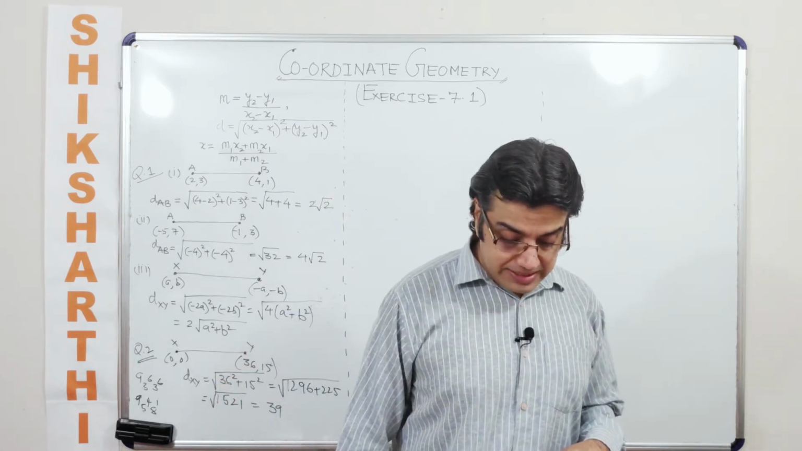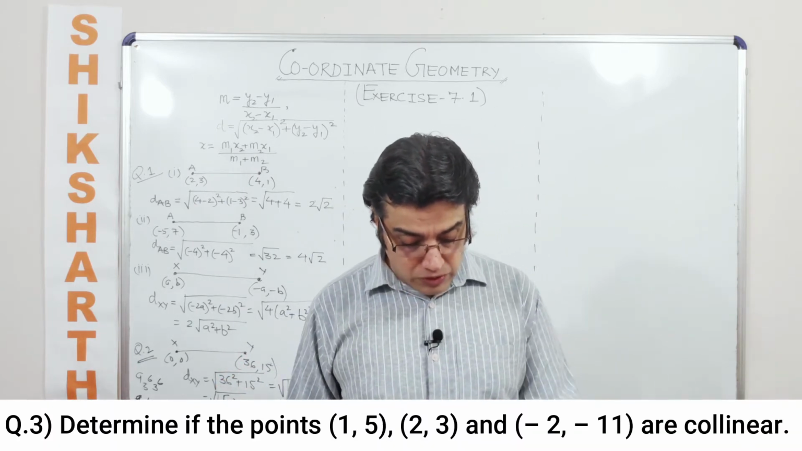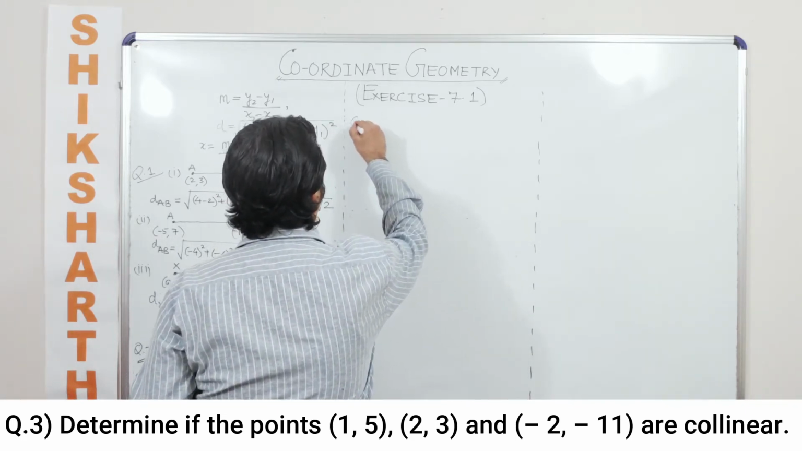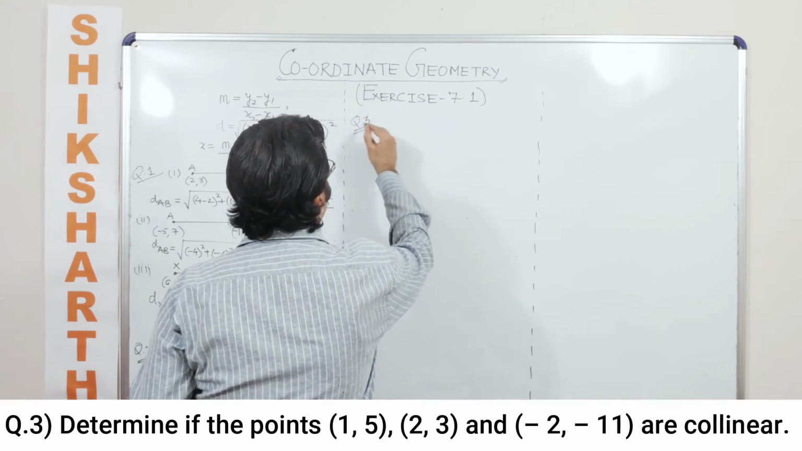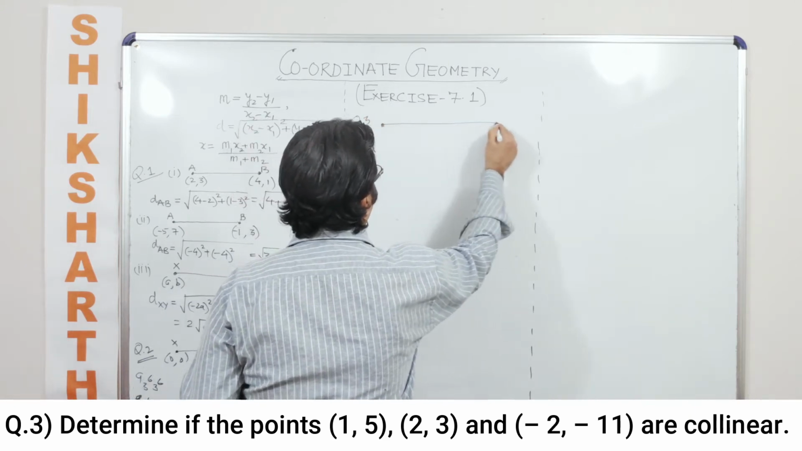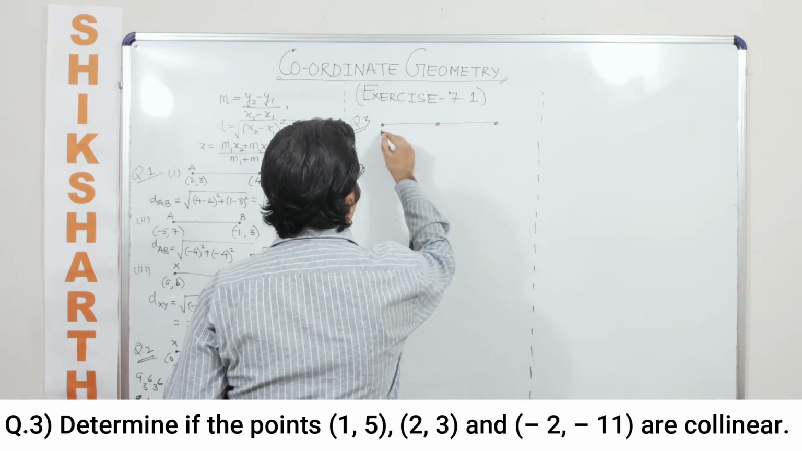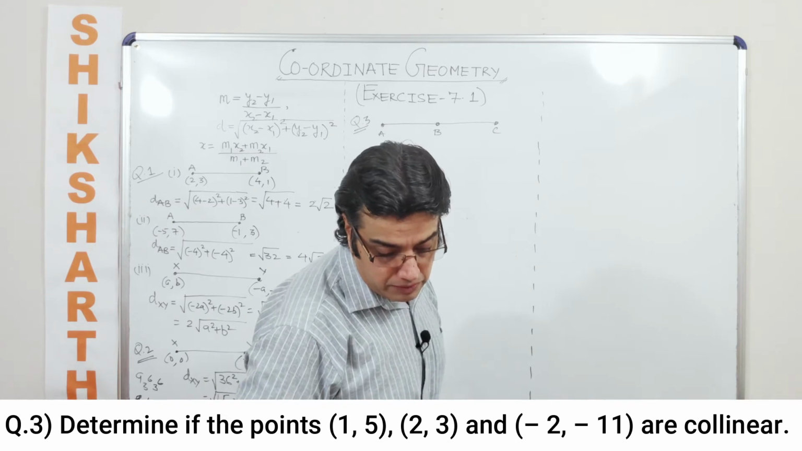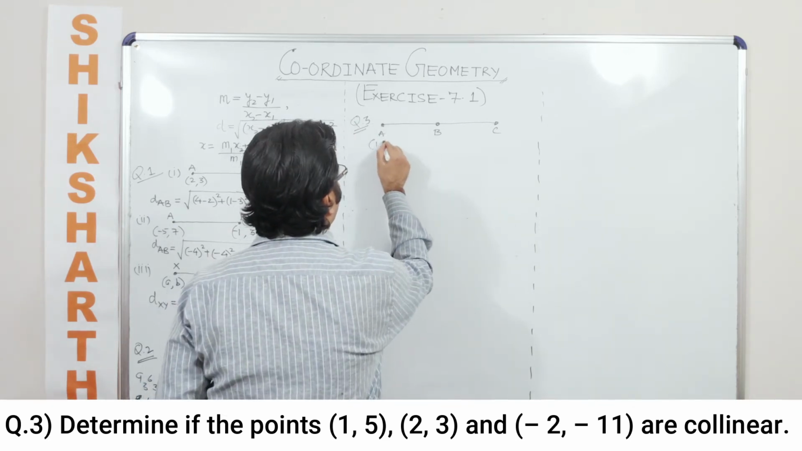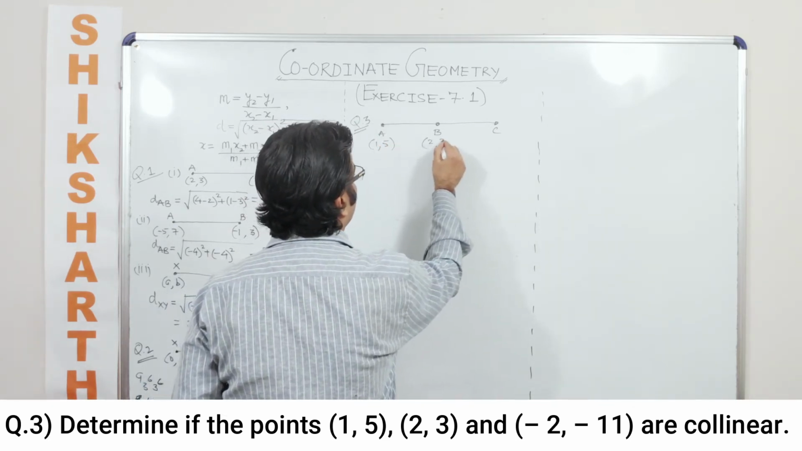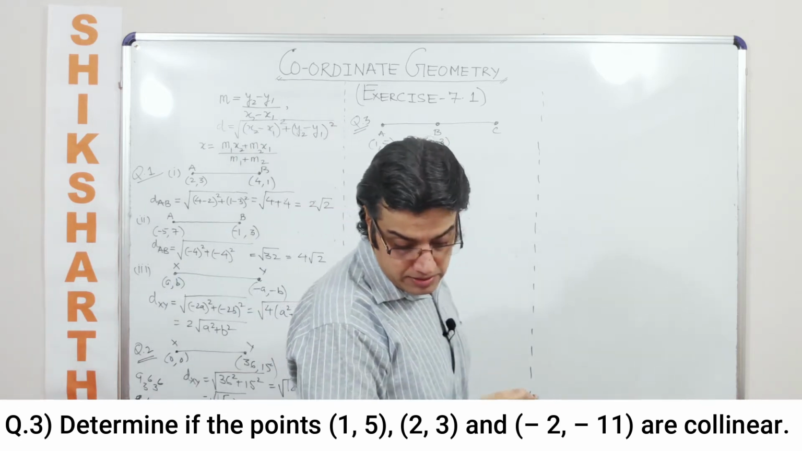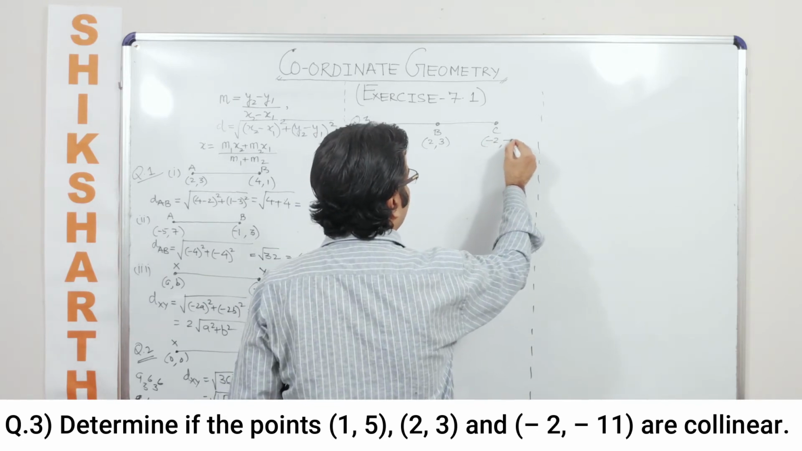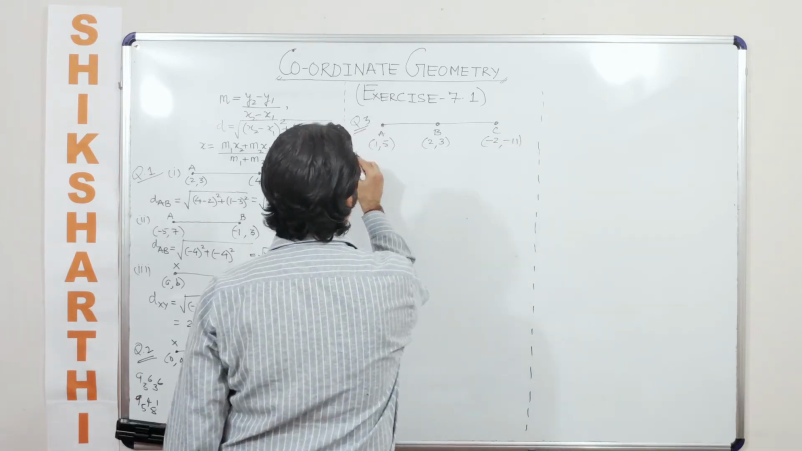Moving on to question number 3, it says, if the points are collinear, determine the points. So you know the condition for collinearity as talked about in the videos. So let's assume that these points are collinear. This is how you start. So let's say the points are A, B, C, wherein the coordinates of A are 1, 5, followed by B, 2, 3, followed by C, minus 2, minus 11. So if these 3 points are collinear,